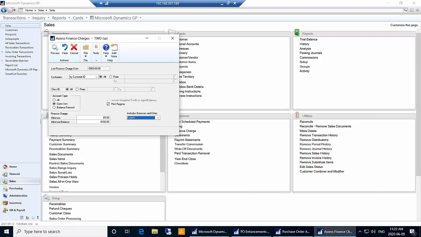Now, of course, if at any time you choose to waive that finance charge because you work it out with your customer, or you just decide to be super nice, if you decide to be super nice,